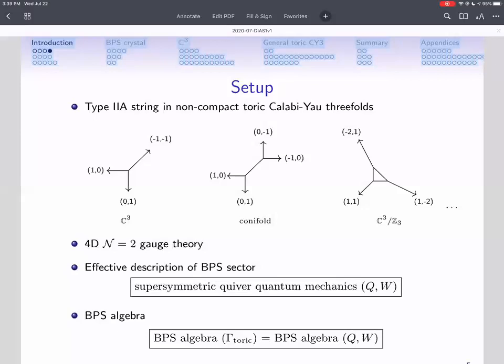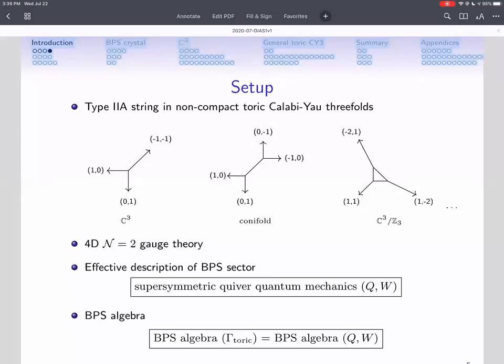We're interested in how to build a BPS algebra for this theory. There's an effective description of the BPS sector in terms of supersymmetric quiver quantum mechanics. In this quiver quantum mechanics, the information is just contained in a pair of a quiver and a superpotential. Namely, the BPS algebra can either be labeled by the toric data or by this quiver and